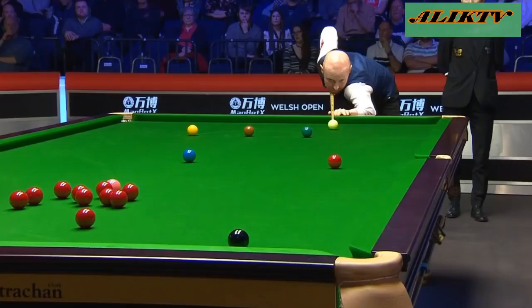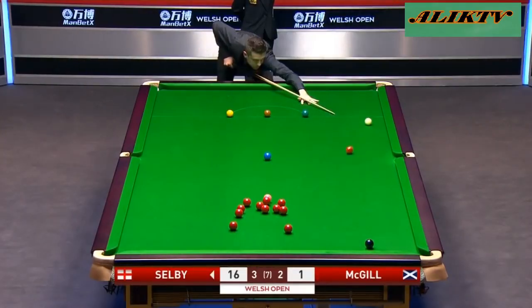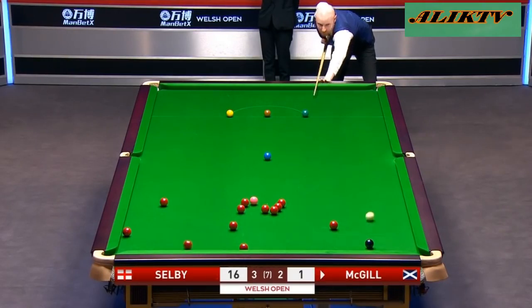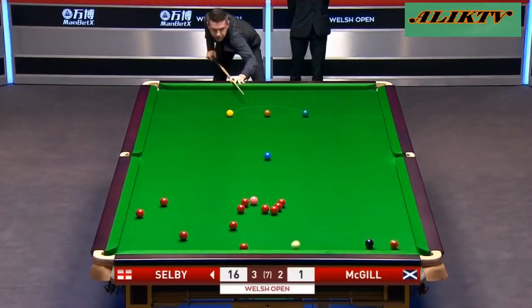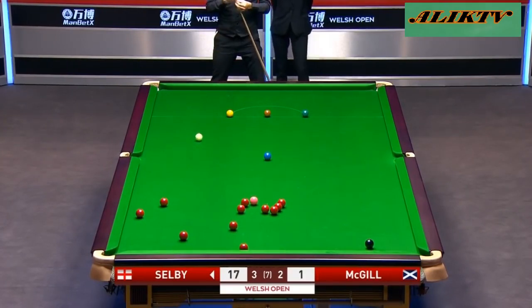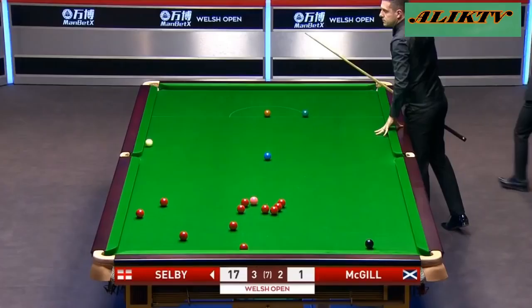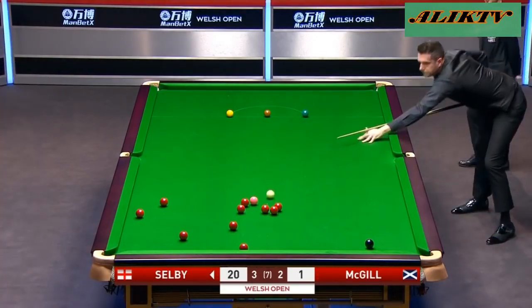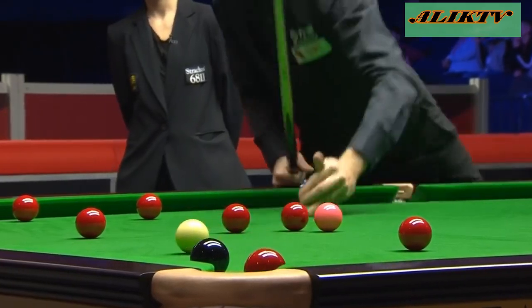Well, might have a go at this. A real difficult cueing shot. Dead straight. Got near it. Unlucky. Slessor beat Ronnie O'Sullivan twice last season. One that'll test him. I think it helped that he had a little gap that he could get. Be in business. I think when you're in amongst them on these tables is